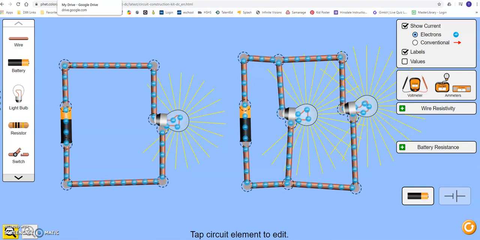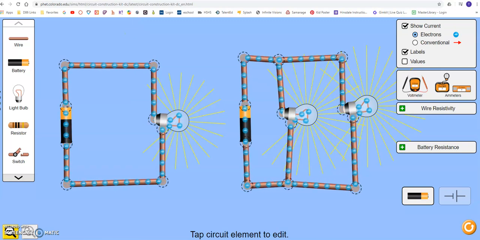Hey class, this video is just going to be about measuring voltage and current within circuits. We talked in the last video about what voltage is and what current is and what resistance is. Typically, if we had school and we were in class, I would have you guys go create circuits and I'd teach you how to use the multimeters to measure voltage and to measure current. I'm going to do that virtually here with PHET circuits, P-H-E-T, which you guys have used once or twice before